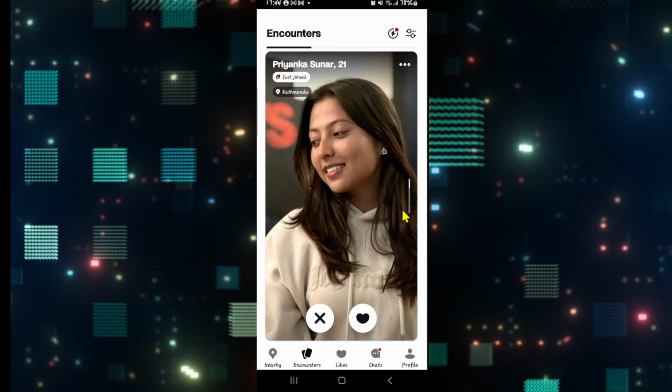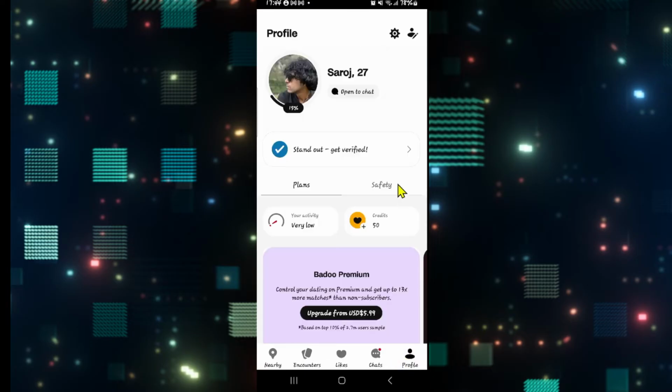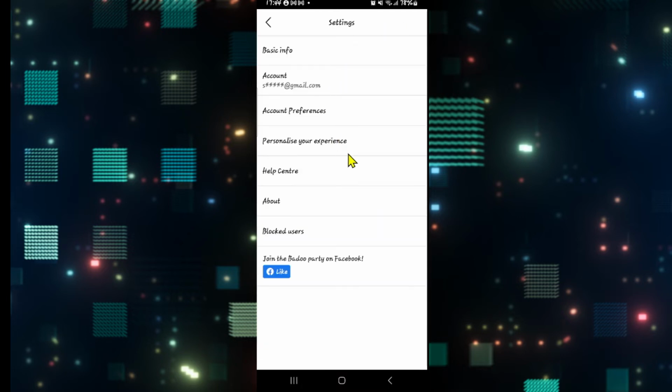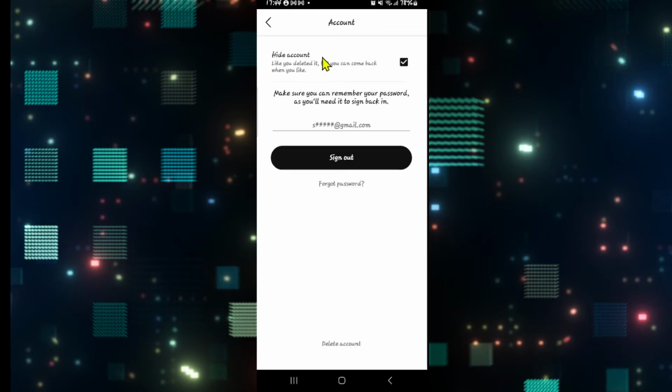After logging into your account, you will be taken into the home page from which you can directly start matching with various users. Now, from this page, in order to unhide your account, tap on Profile at the bottom right corner. From the Profile page, tap on the gear icon at the top right and you will be taken into the Settings page. From the Settings page, tap on Account